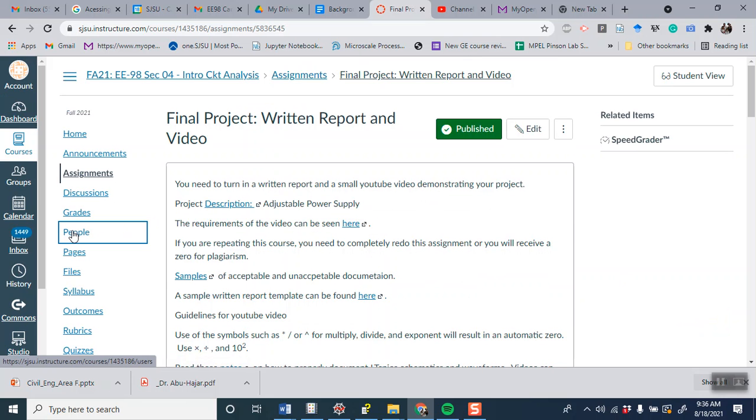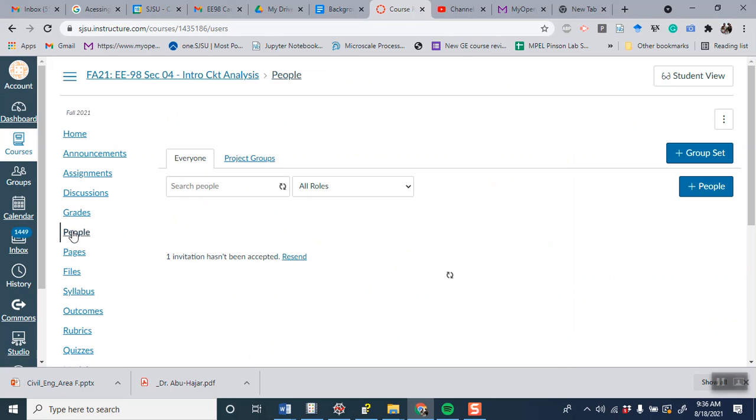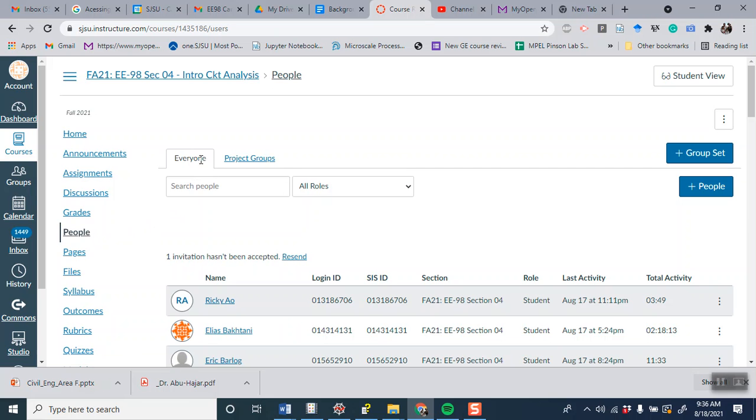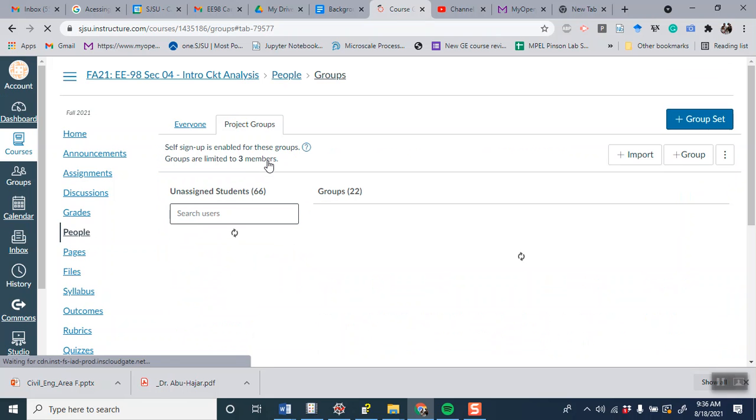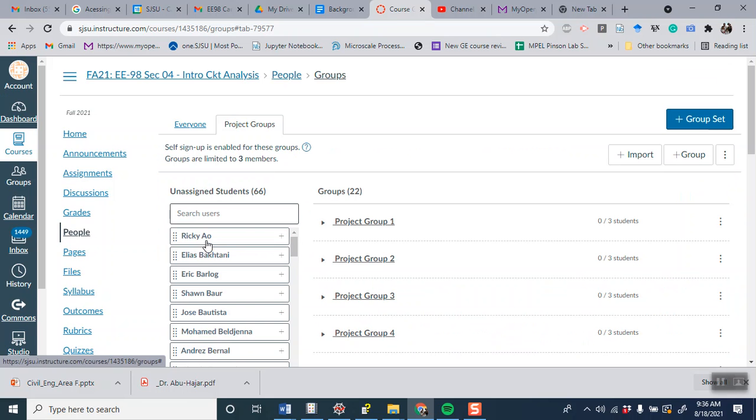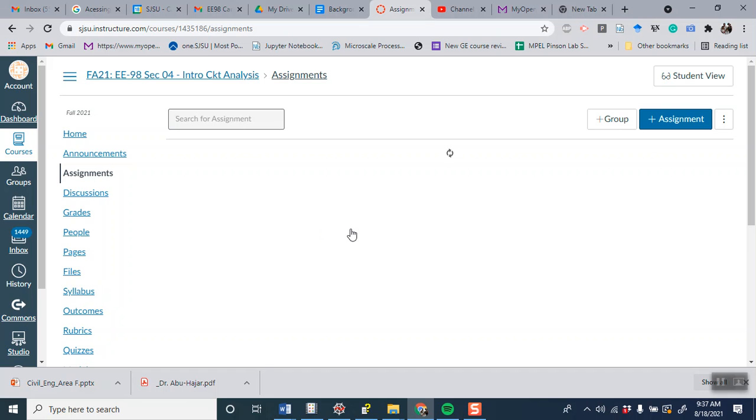Now, sometimes the students can make their own group within Canvas, like a study group or something like that. That doesn't count. They've got to sign up here in project groups, right? And what can happen too is when there's grading,